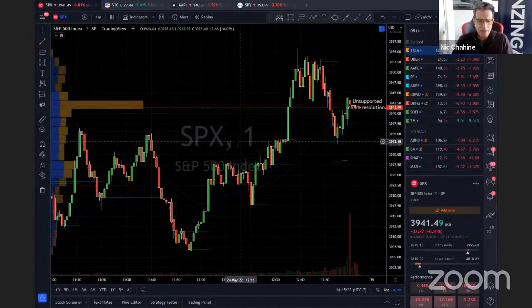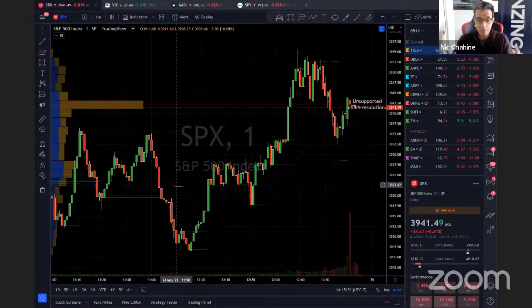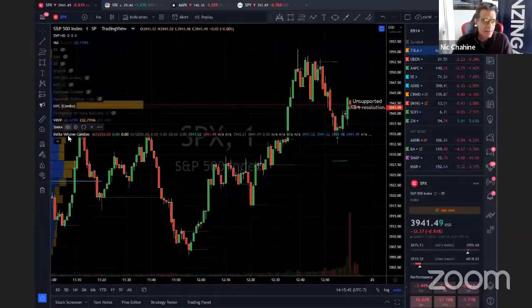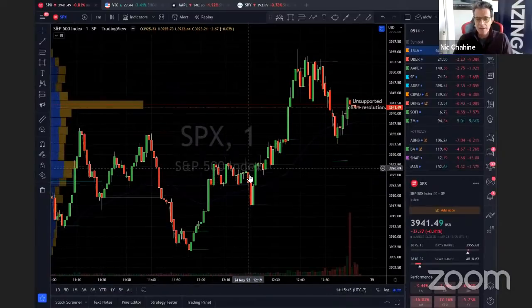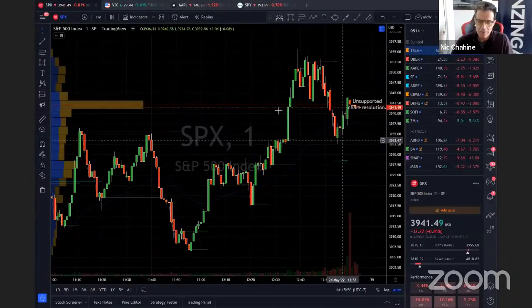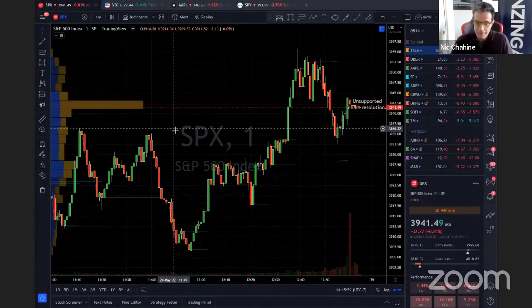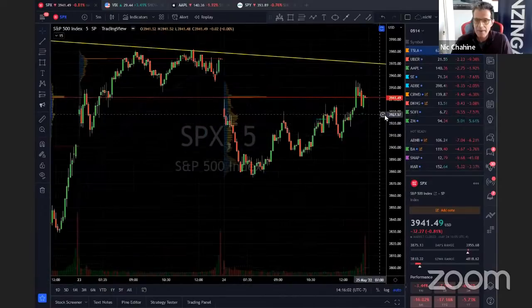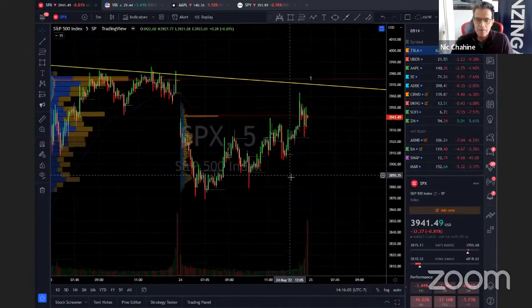Also, you notice my candles are kind of weird. That's because somebody today in my chat room, one of my own members said, have you used, I forgot the name, Delta volume candles? I said, no. And he gave it to me and I opened it up. It's noisy, but I'm leaving it for a day. Let's see what happens to see if I can use it. Unsupported chart resolution. Okay, that's it, by the way, because I guess it needs 5 minutes. Yeah, 5-minute candles. Okay. So you can use tools to kind of make you guess what the algos are doing, but I'm going to simplify it for you.